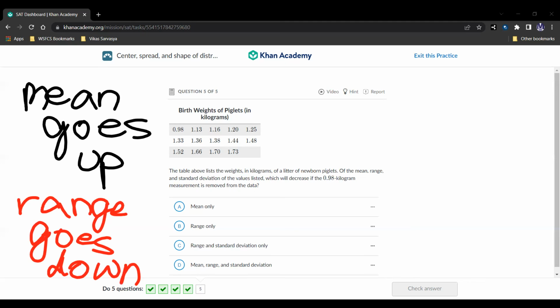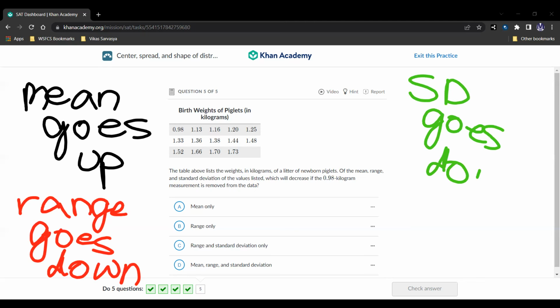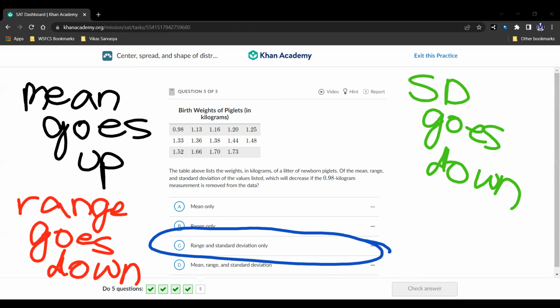And now for the standard deviation, well, we took away one of the outliers, which has the most standard deviation. So by taking that away, the standard deviation goes down. So the standard deviation goes down, the range goes down, and the mean goes up. We're asked which will decrease, so it's going to be range and standard deviation only, or answer choice C, and